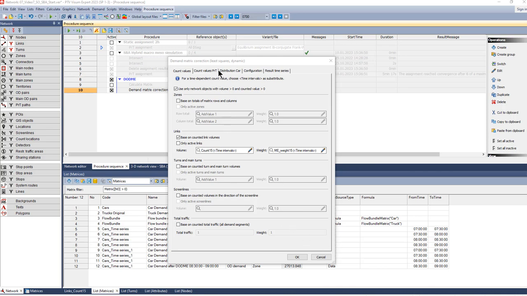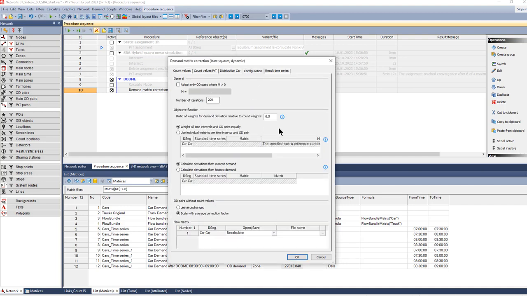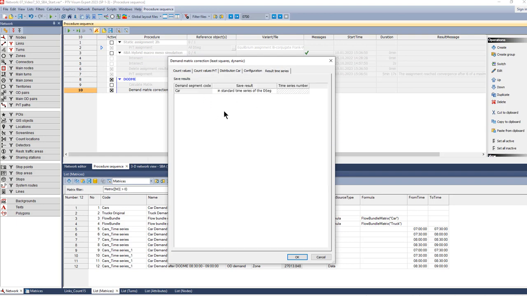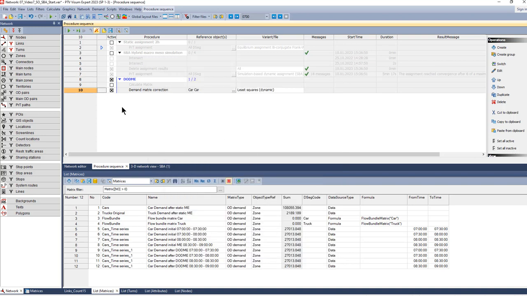So we do not use distribution, and in the configuration there's one parameter quite important, which basically weights or enters a weight between the influence of the count and the influence of the old matrix values. So we will use a small value, which means that the counts have a high importance here. So the other values we will leave as they are. We will update the allocated demand time series. And then we can